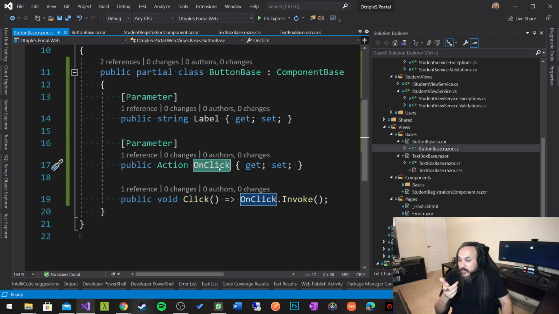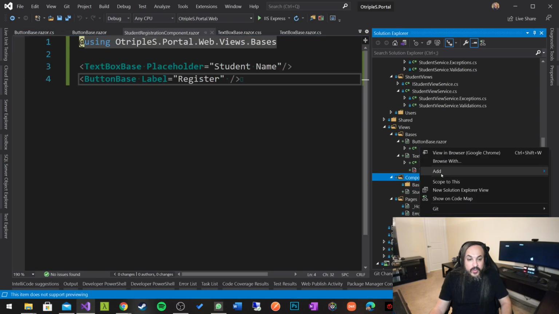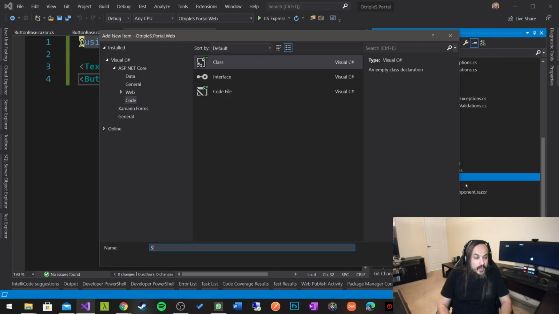So what do I really want to do with this? I want to go into this guy here and pull the value of the text box itself. So when I type my name in there, I need to take that value and do something with it. So let's go into my component. Now my component here needs some code behind it. So let's just go ahead and create a component in here. Let's call this student registration